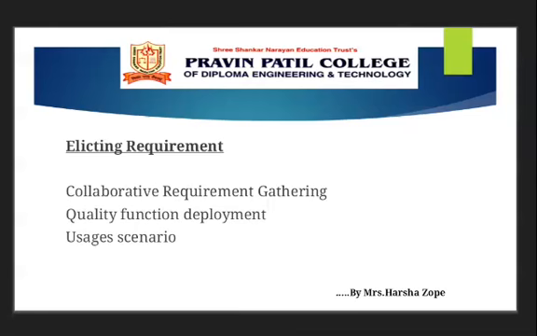Various types of deployments can be conducted during the software development process. Which are the deployments? First is function deployment, second is information deployment, and third is task deployment. What is function deployment? For determining the value of each function, this deployment can be done. Second is information deployment. After identifying various functionalities, event and data objects must be identified.